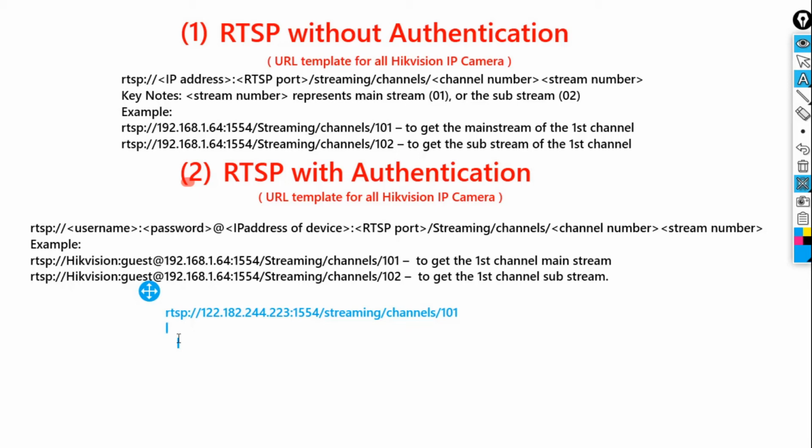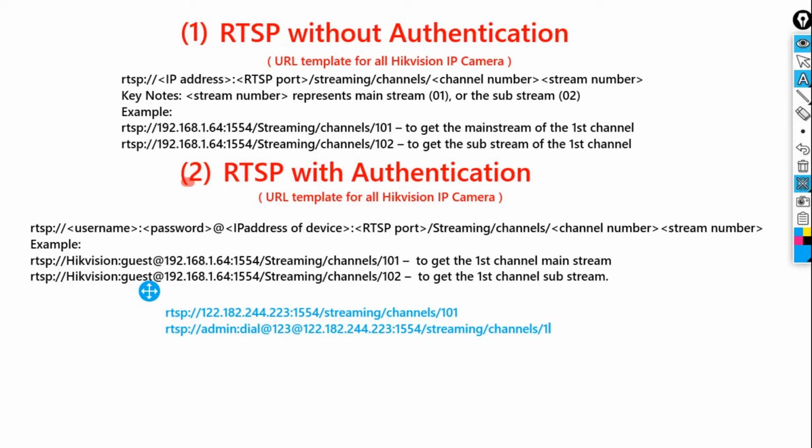Now the second method is just the same path, same URL, but we'll be putting the username and password before the IP address. So let me write it: RTSP :/ username is admin, it is the username of the camera, and my camera password is dial@123. Again, @, you need to give the same format. Then the IP address, my public IP address, the RTSP port number which we have forwarded already, and then /streaming, and then channels, and /